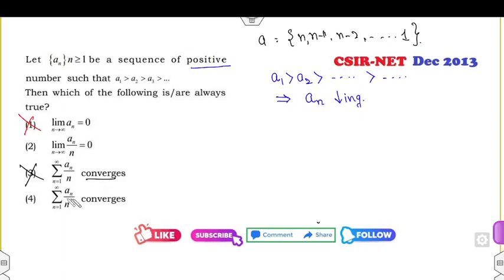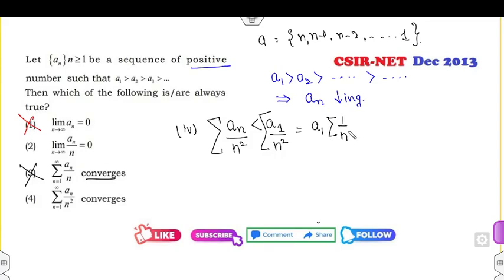Fine. Now, firstly we will think about this. Because a1 is greater than a2 is greater than an, I can say this is strictly less than a1. If I divide both sides by n square, then if I take this summation, because this part is independent of the n, now you can see this series is convergent. So that means an over n square is less than a convergent series. So by the limit comparison test,